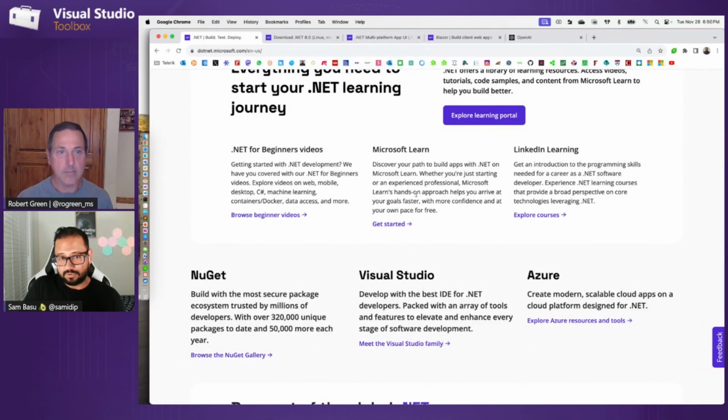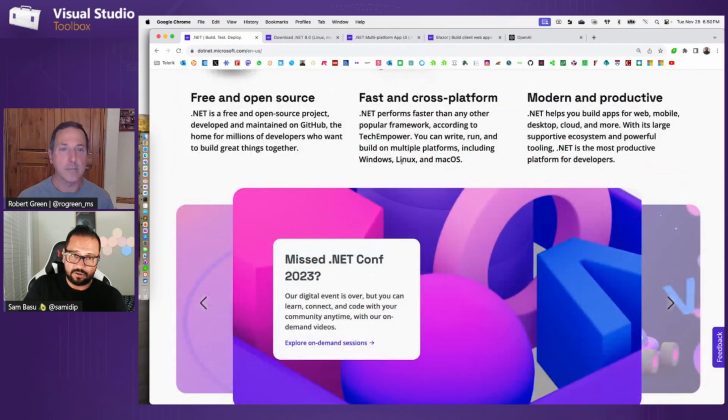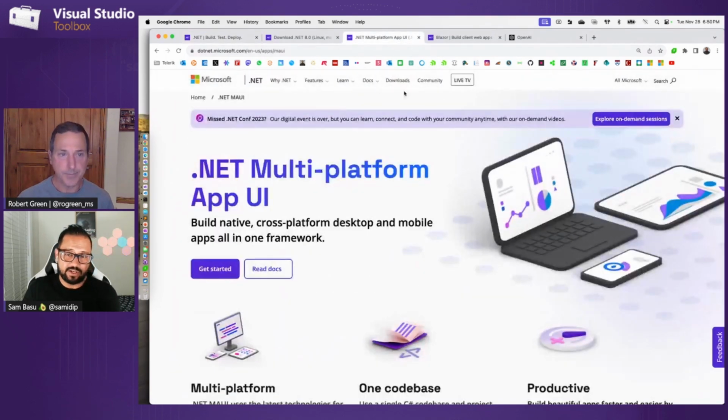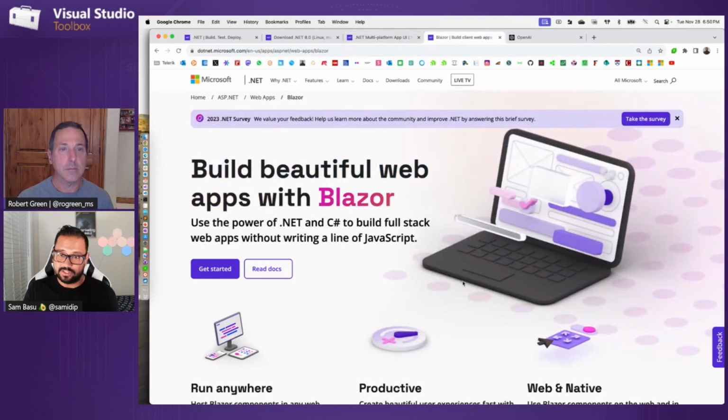And then you get into some of the platform things that .NET can target. The big ones that I'm a fan of are .NET MAUI, which is multi-platform app for mobile and desktop apps, and then Blazor, which is for all things web, either completely client-side or a mix of client-side and server-side, or maybe completely server-side.